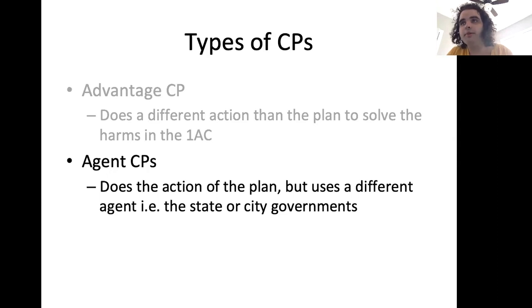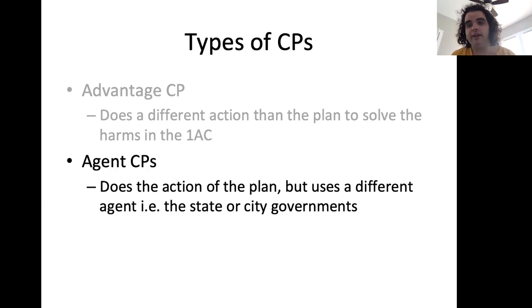So it does most of the affirmative, but it excludes all or parts of it, right? Or excludes one or more parts of what the affirmative is doing. So let's say the affirmative says, we're going to do implicit bias training across the board, right? You might want to have a counterplan that says, well, we should do implicit bias training except in like these 3 states because they already have implicit bias training programs that are working